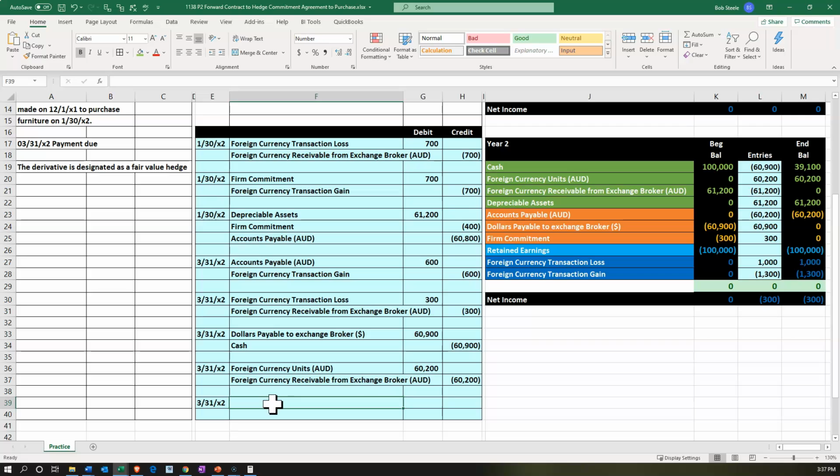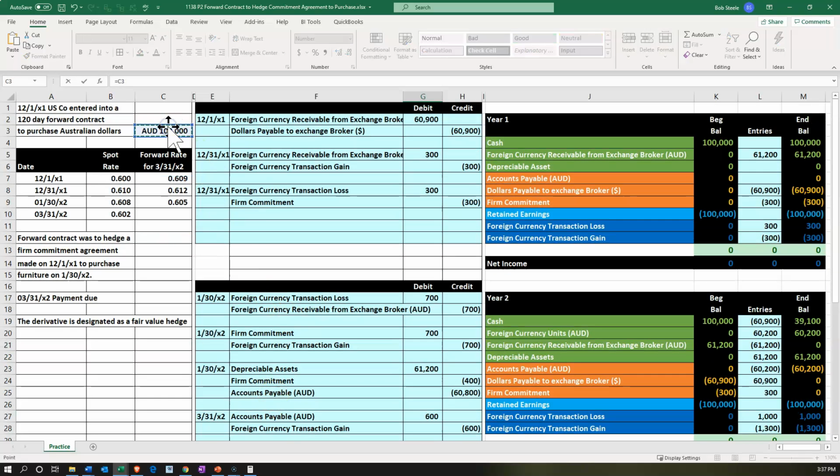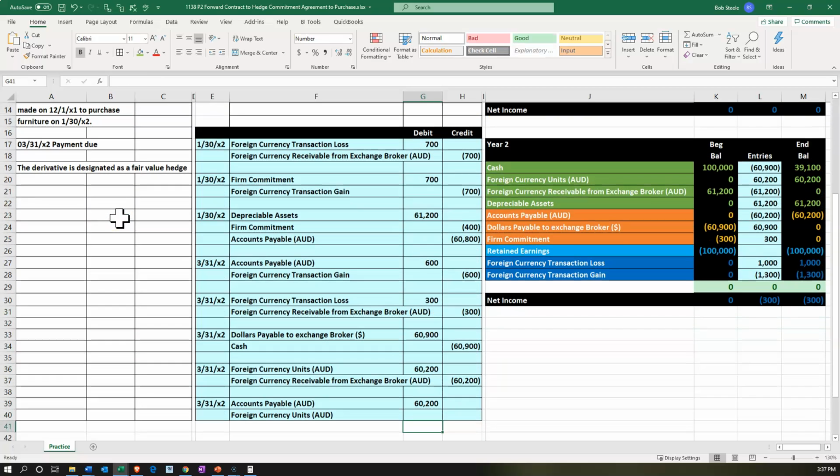So the payable is going down with a debit, and we're crediting the foreign currency units that we have there, and that's going to be for the 60,200, which we can calculate one more time because we're getting good at doing that. It's going to be the 100,000 times the current spot rate,